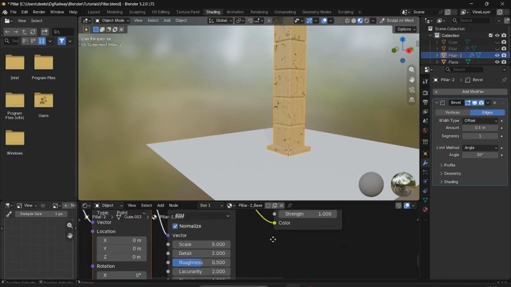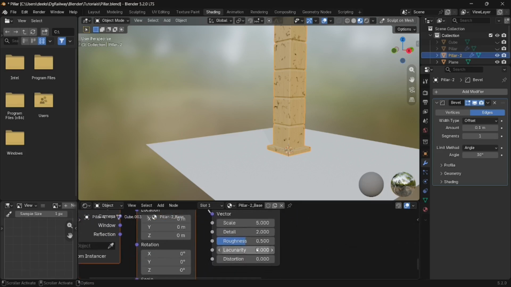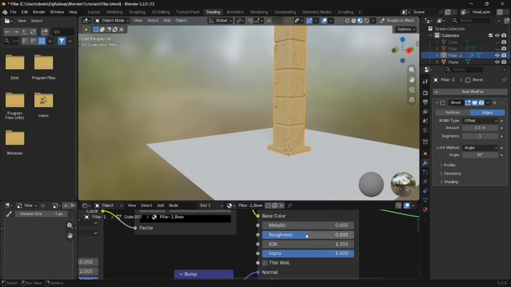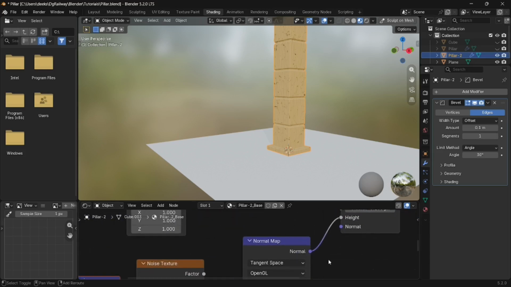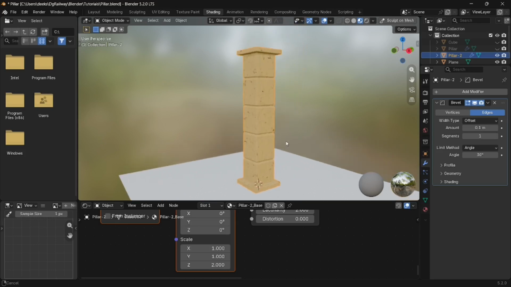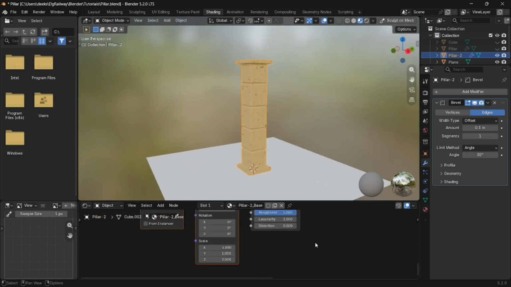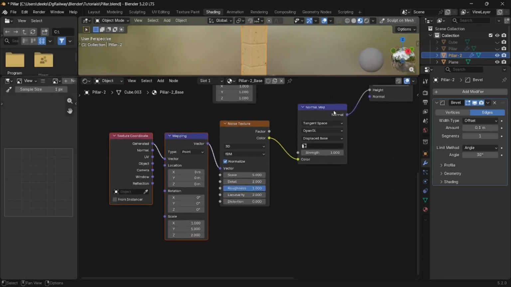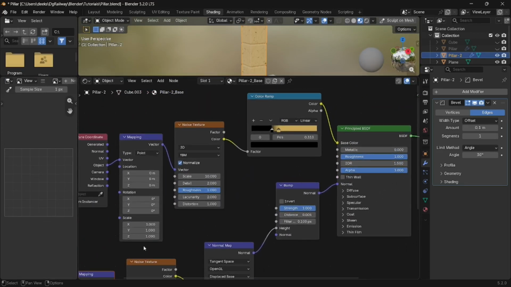And now you can increase roughness value from here as well, and also in principled BSDF as well, so that it will look more like a stone, because it's not shiny. Adjust the scale value in this map. For me it's fine for X 1, and Z is 2, it's more than enough. I will again say play around with these values, because it's completely experimentation. I'm also experimenting with these values.